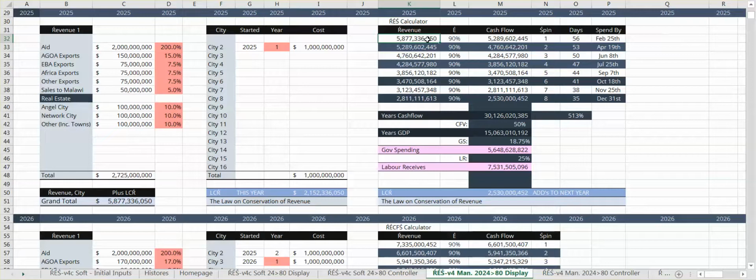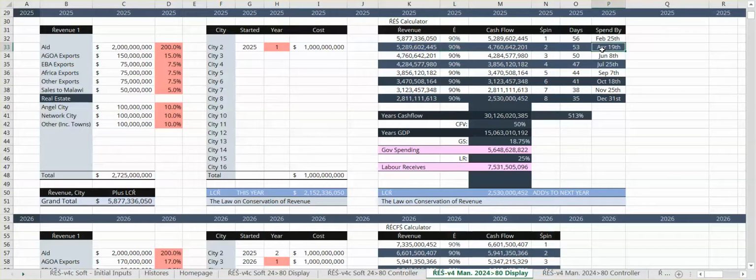It is then multiplied by E for efficiency of 90%, which is in effect the percentage of this revenue spent at other companies in the same network. This cash flow is then spent before the 25th of February 2025, and the cash flow that remains in the network is free to be spent again come the 26th of February and is allocated back to the first column of the RES calculator, one row below the last. Ready to repeat the process, which is times E again